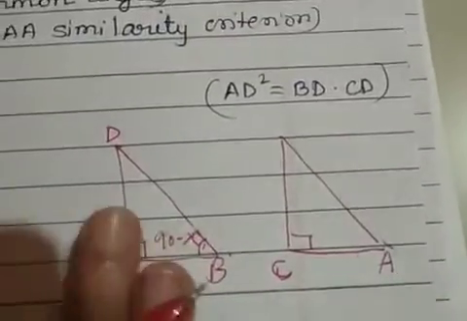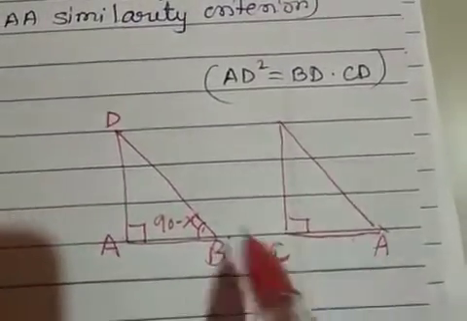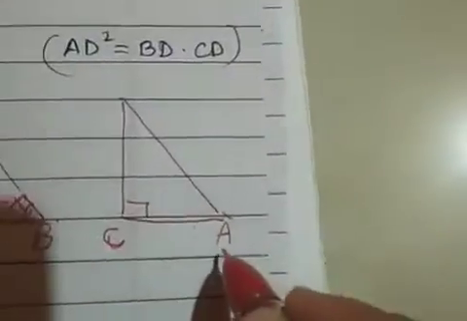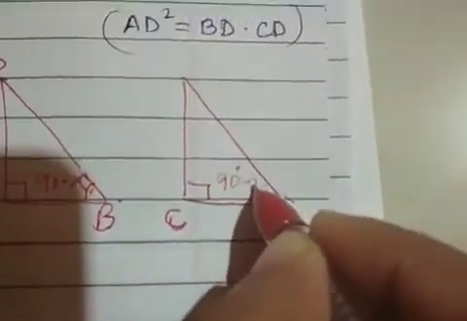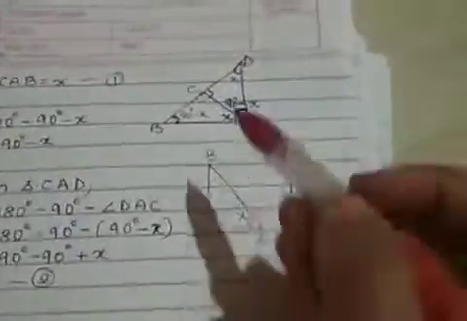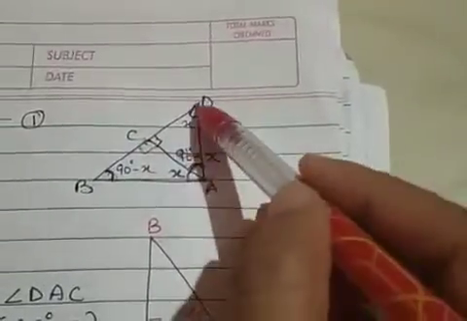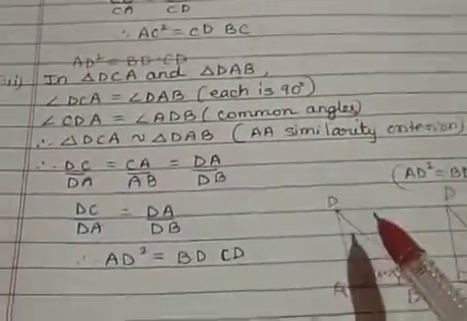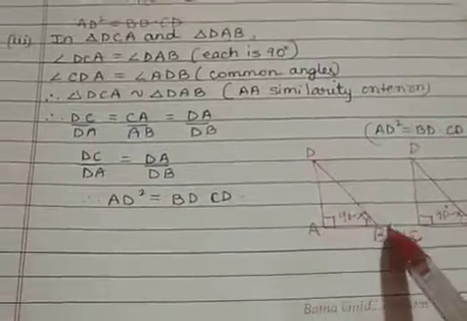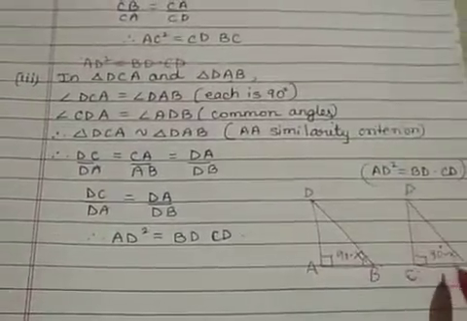So first you mark the first triangle, then you write the other one. So this is B. Then according to this, which is 90 degrees minus A, DAC. So here A should come, correct? Because this is 90 minus X according to the second figure. And which is the third angle then? The third angle here in the smaller triangle is D. Okay. So which are your two triangles? The two triangles are triangle DAB and triangle DCA.